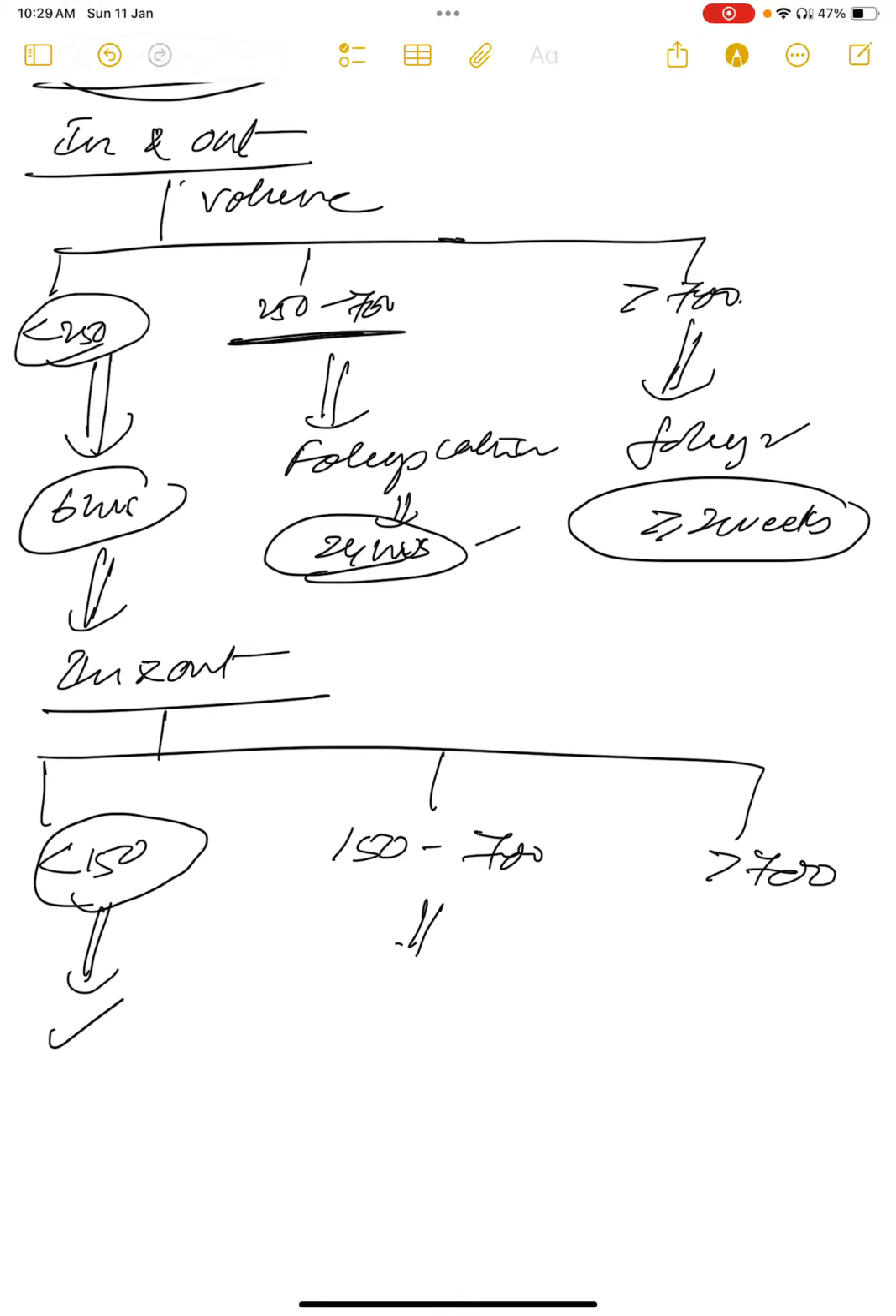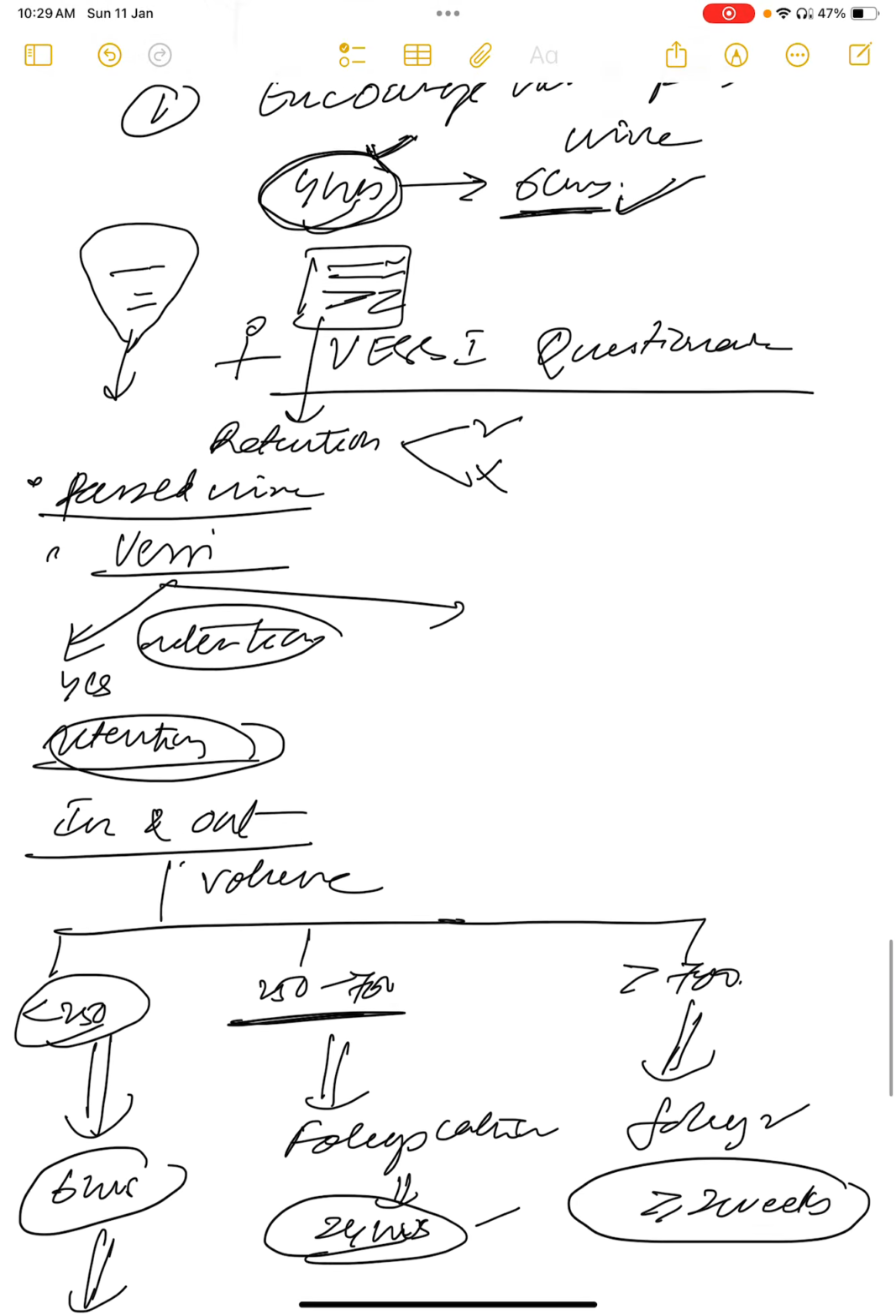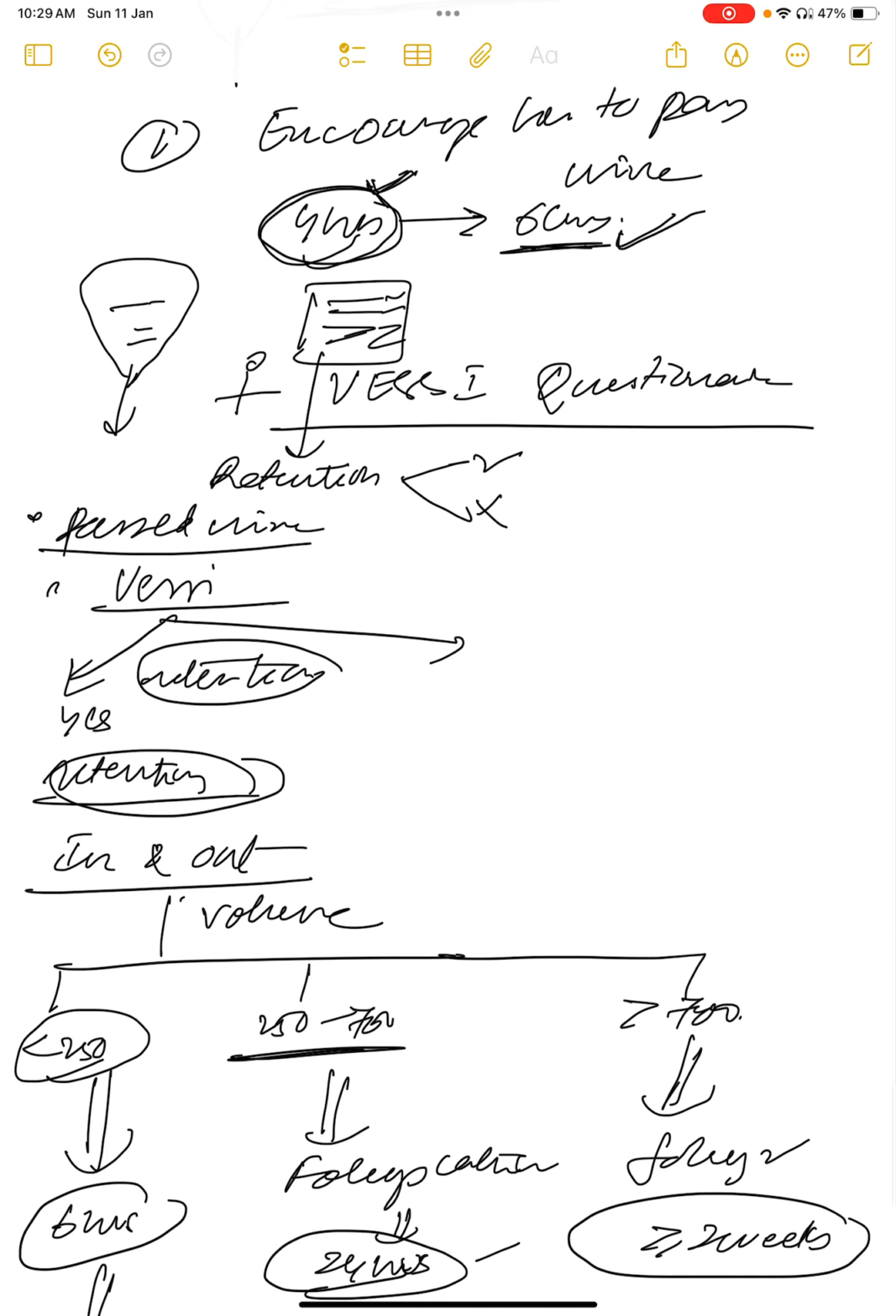The same here also. You keep the catheter for 24 hours. Here you keep the catheter and review after 2 weeks. That way. You understood? This is about the Wesley questionnaire. If in the Wesley questionnaire there is no retention,